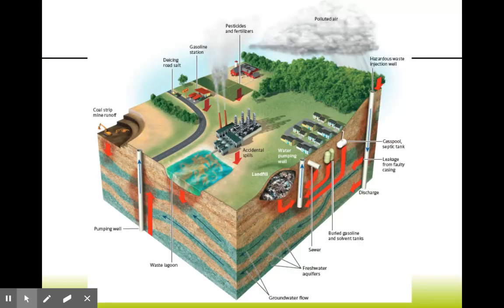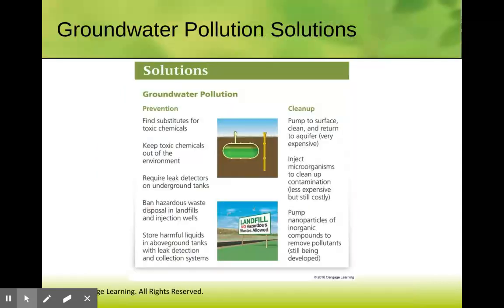And again, we would get pollution from spills from factories, water pumping wells, landfills can seep into aquifers or underground groundwater. Polluted air can cause waters to be polluted too from precipitation. Fertilizers and pesticides can run off into lakes. Coal, strip mining, and all that material and mineral can flow into lakes and rivers also.